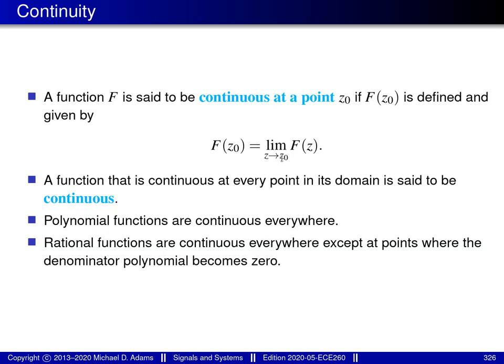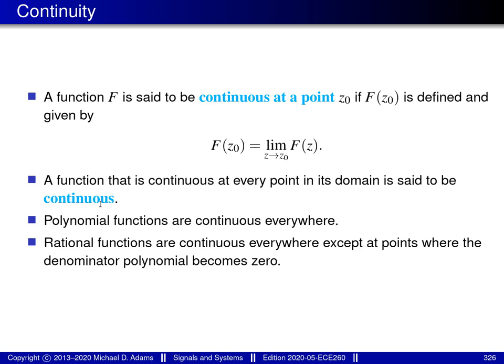What this limit is saying is that no matter how you approach the point z0, in other words, z can get closer and closer to z0 along any path in the complex plane, as long as you conclude the value of the function f approaching along any path is the same, then we say this limit exists and it has this particular value. As a matter of terminology, a function that's continuous at every point in its domain is said